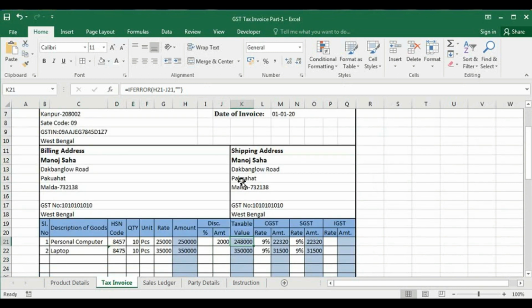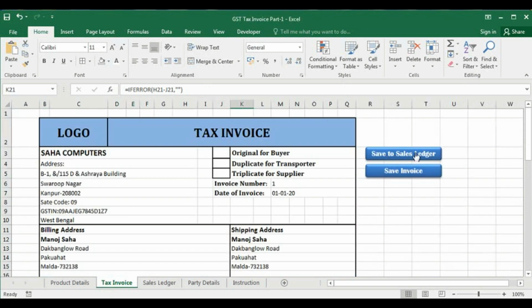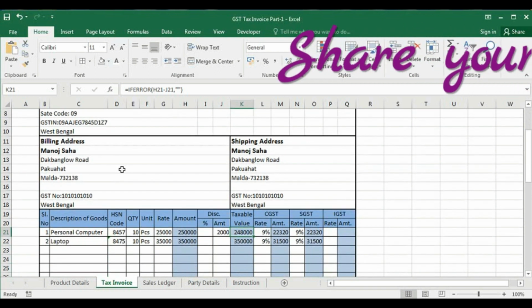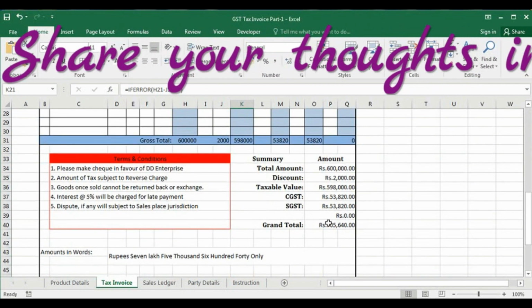And the third is creating a button and a module associated with it so that we can copy the invoice number, date, party name and the grand total amount.